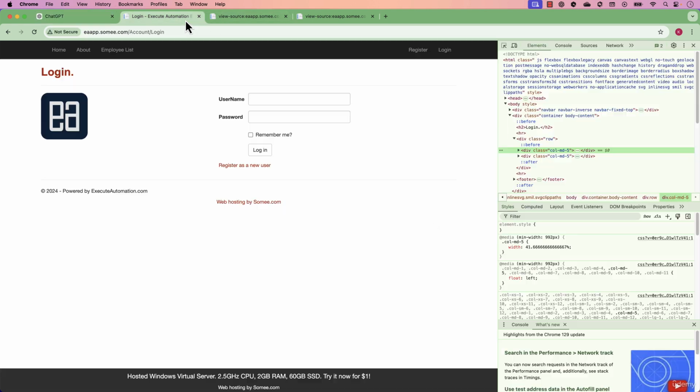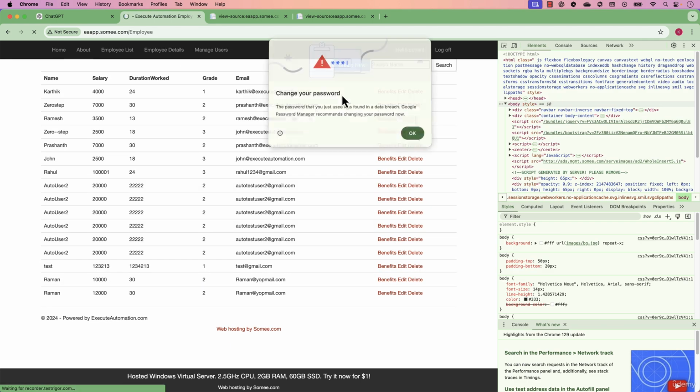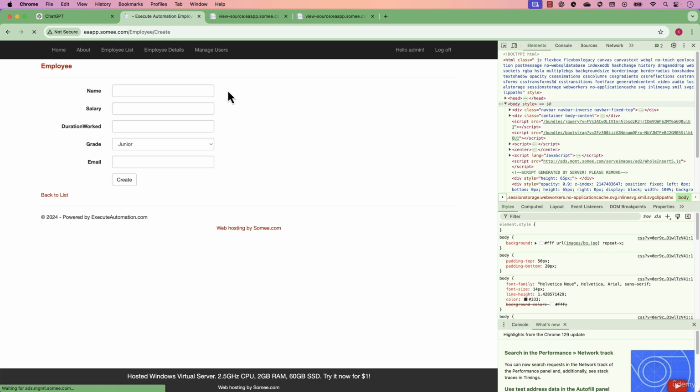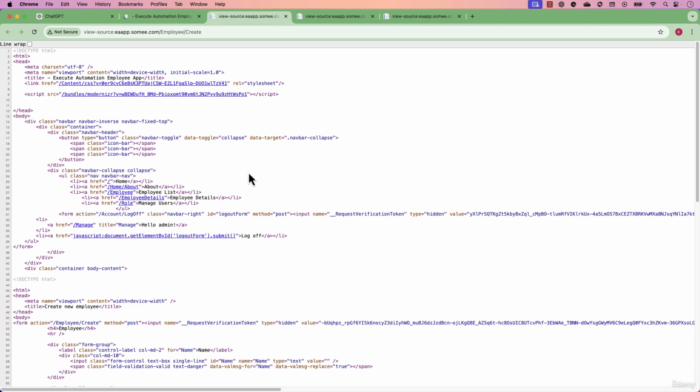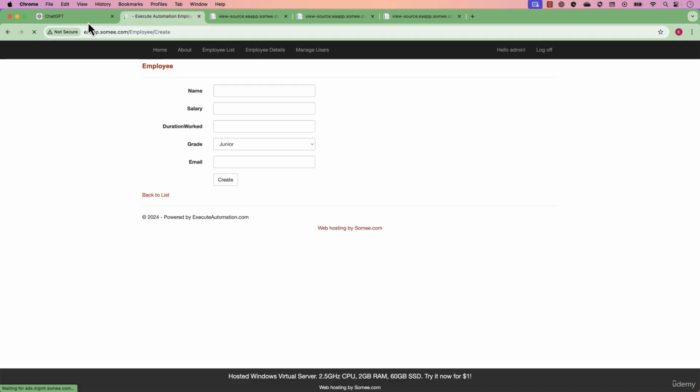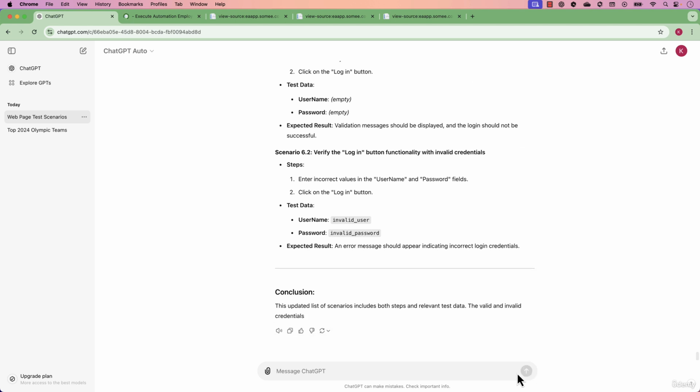But what if I go back to the page, let's say I'm going to log in to this particular application, and if I go to employee list and if I hit a create new, this page is entirely different as well. So if I just go view the page source, and if I just copy this entire thing over here, and I'm going to stop ChatGPT and I'm going to ask the question,